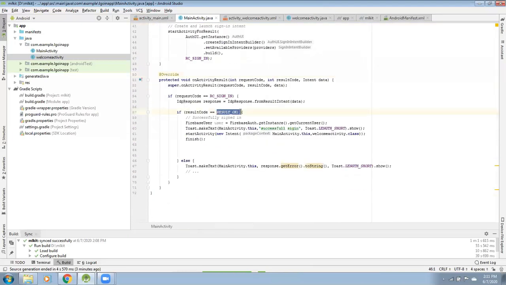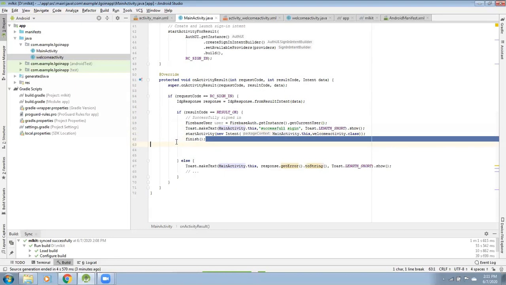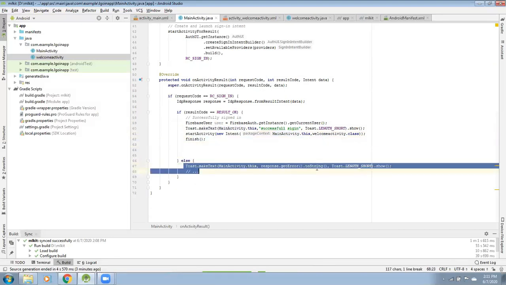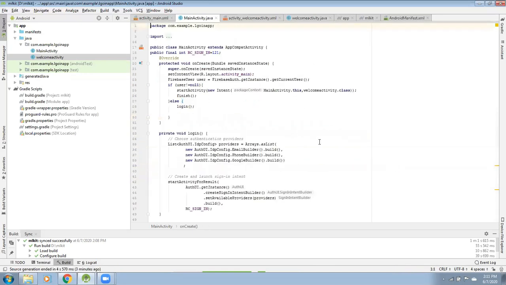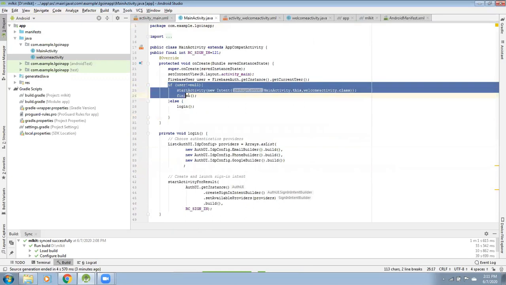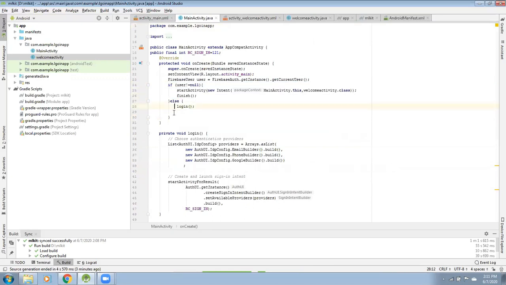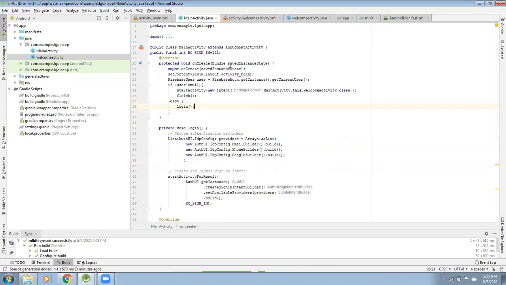If result is okay, successful login, and next you will be directed to the welcome activity by finishing the current activity. If it is not okay, then you'll be getting an error message, and if you are already logged in, you'll be directed directly to the welcome activity instead of logging in again and again. So let's run this code and check it.